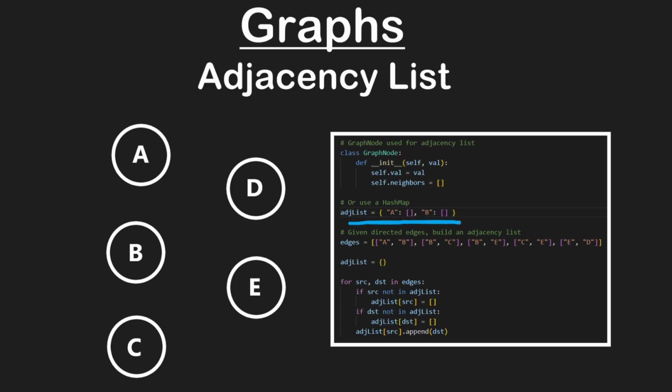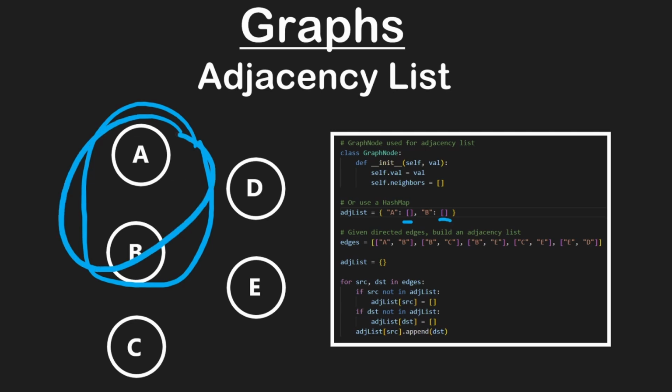So this is how I'm doing it in Python. But the important thing here is that this is the key. The character is the key. And the value for that key is going to be a list. And that list is going to represent the neighbors. So this is just an example adjacency list where we have two nodes, A and B. Now the lists here are empty, so that basically means there aren't any pointers. That's just a very simple example just to kind of show you that this same idea can be represented using